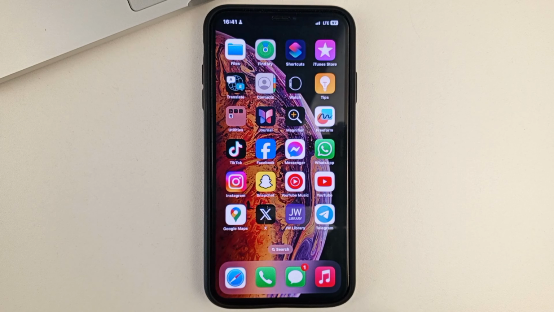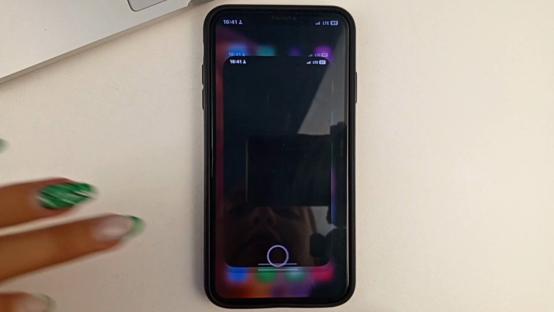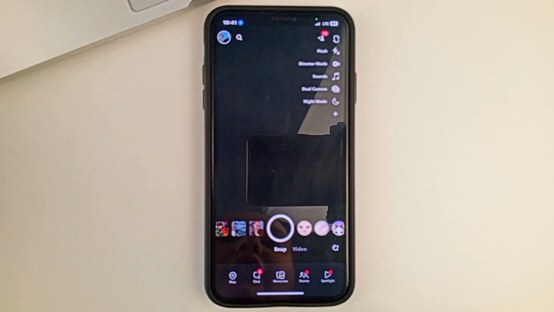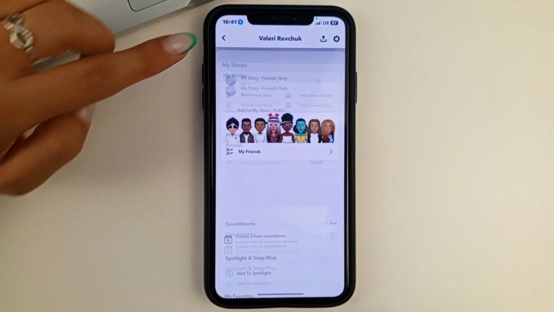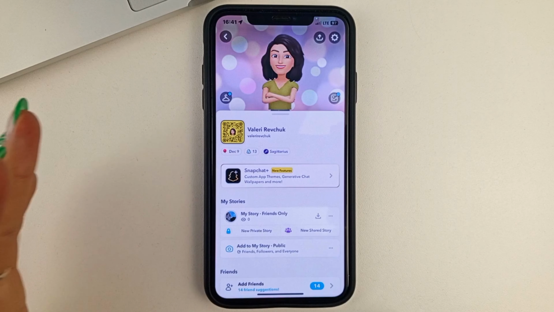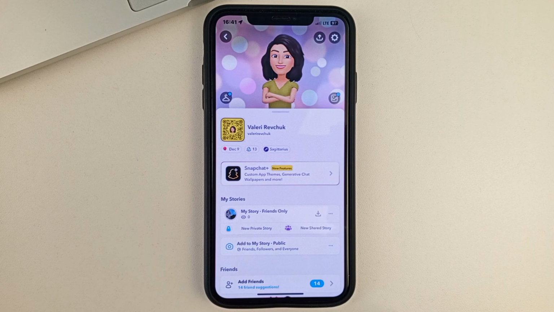So let us get into this topic with you. First of all, open the Snapchat app. Next, at the top, click on your Bitmoji to go to your Snapchat page. After that, on the top right, click on the gear. And here you can easily find a section called Mobile Number. So that you can delete it, go to this section.